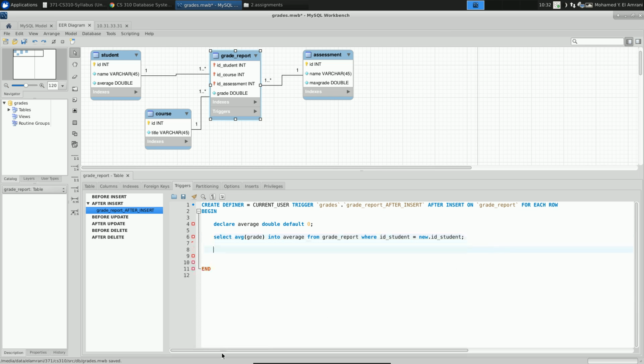Now that I have that, what should I do? Just update the table student, set. But now I have a problem, because I have average. So let's just make sure that we don't have any confusion. I'm just going to name this, okay, let's say v average, so we don't have this confusion now. Set average equal,